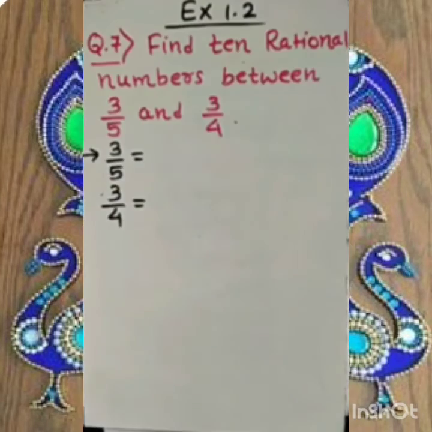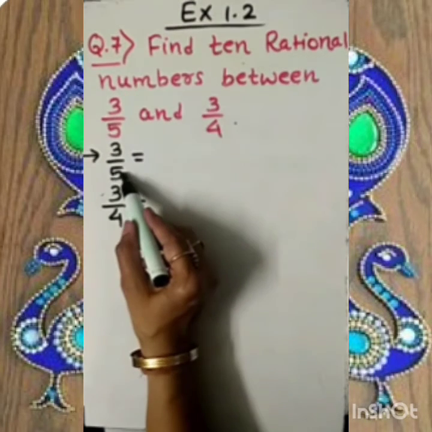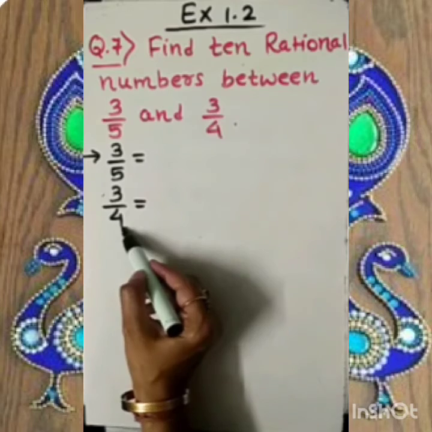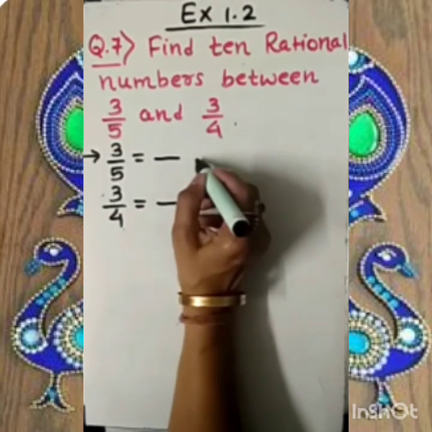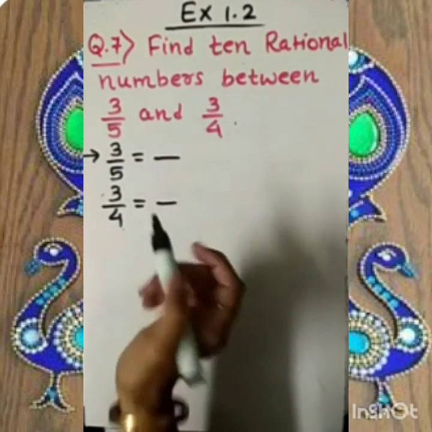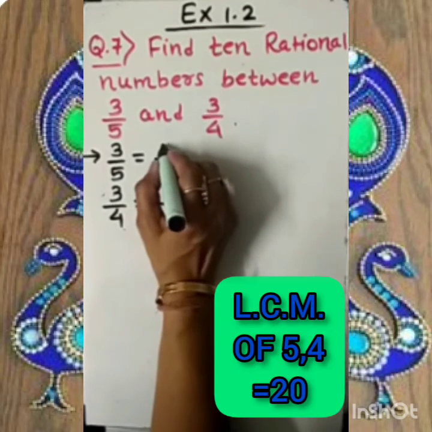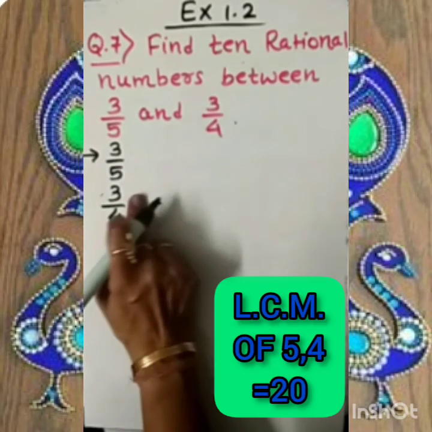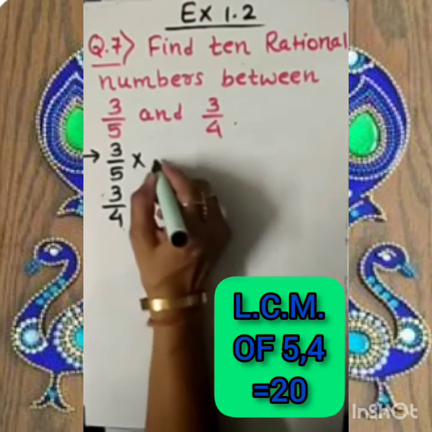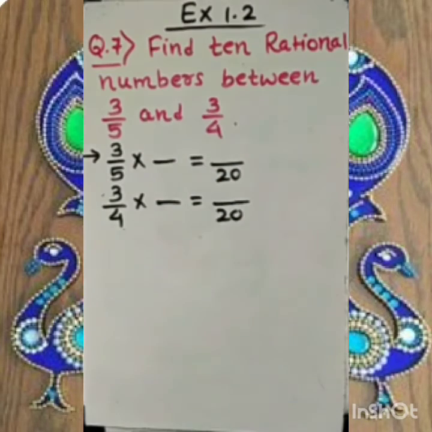Now the first question that will come to your mind is, are they like fractions? No, because the reason behind that is, here the denominator is 5, here it is 4. So the first work which we have to do is convert them into like fractions. For that, the LCM of 5 and 4 should be 20. So dear student, here we need to write 20. We need to have 20 as the LCM. Fine? Because the LCM of 5 and 4 is 20.